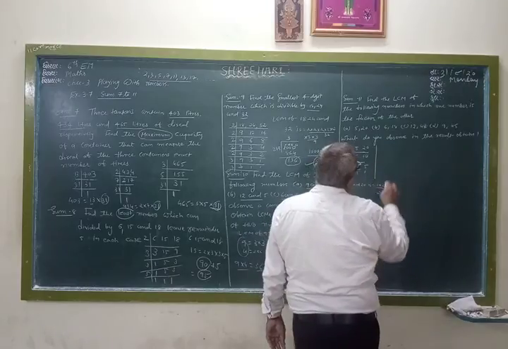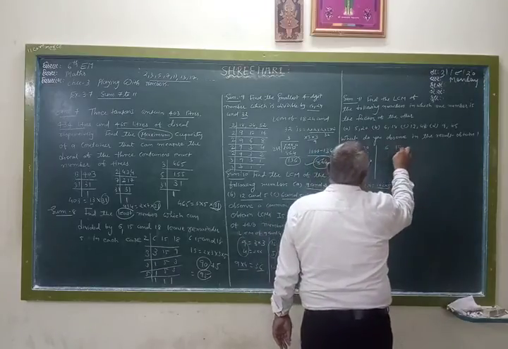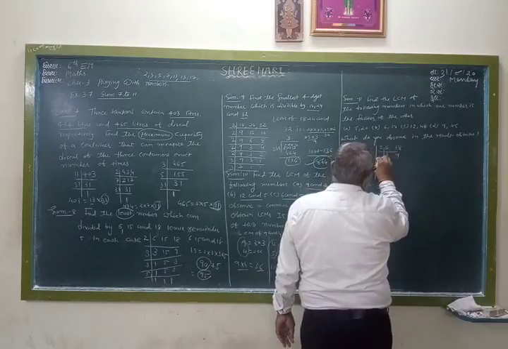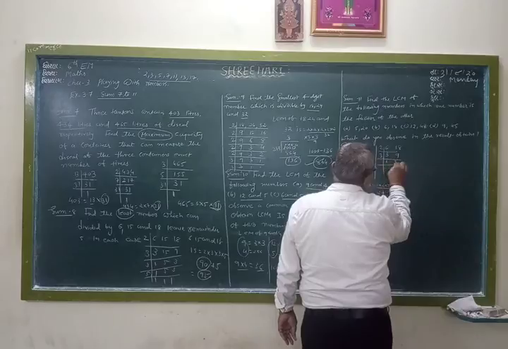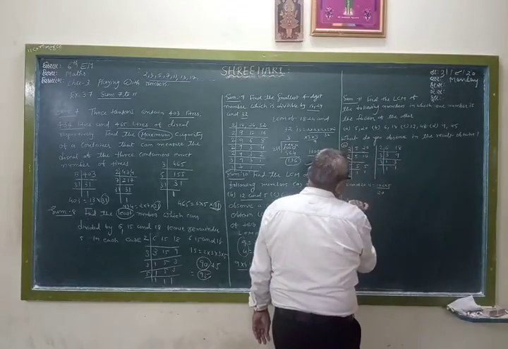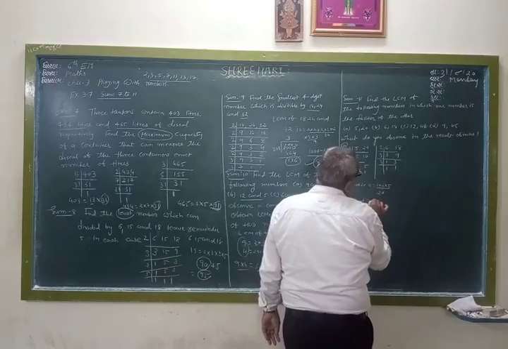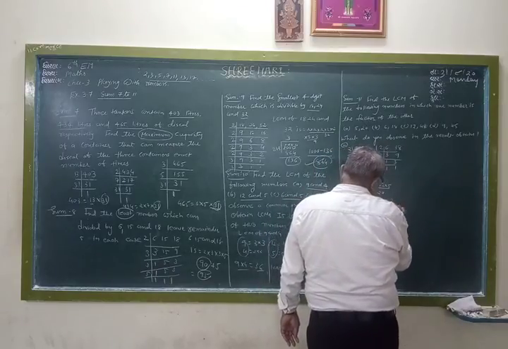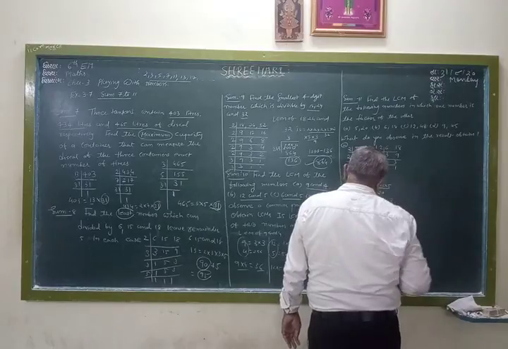Second pair 6 and 18. Start from 2, 3 ja 6, 2 9 ja 18. Now 3 1 ja 3, 3 3 ja 9. The LCM of 6 and 18 is 2 into 3 into 3. 2 3 ja 6, 6 3 ja 18.